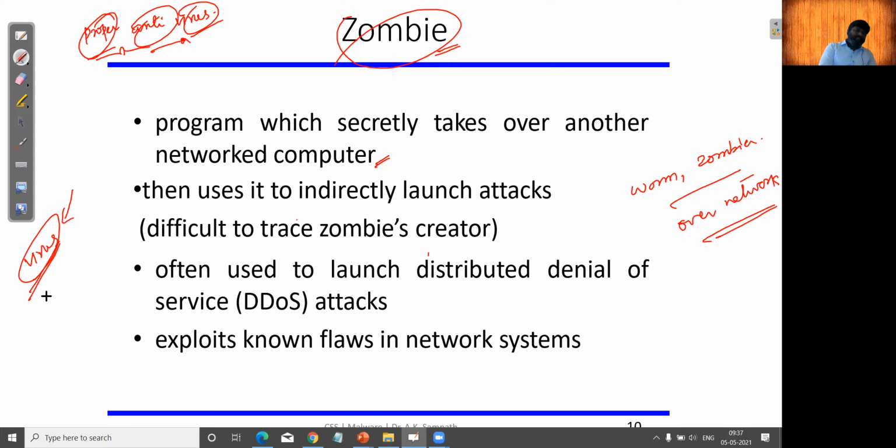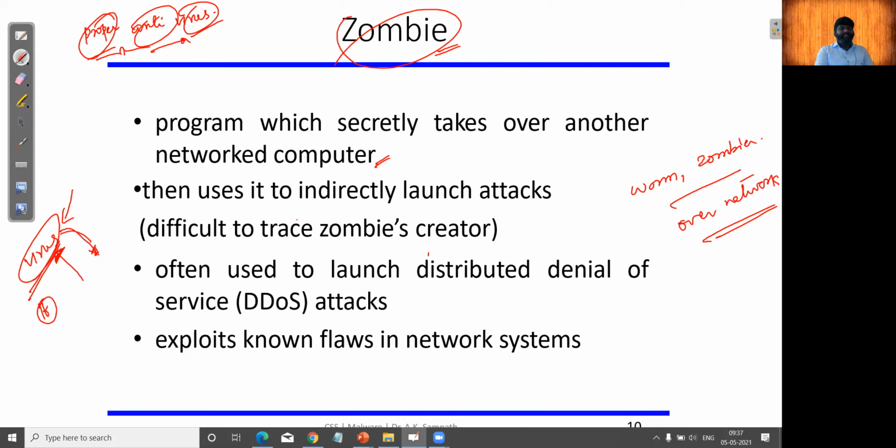Maybe if you are using a pen drive with an infected machine, automatically your pen drive will be corrupted with the virus.